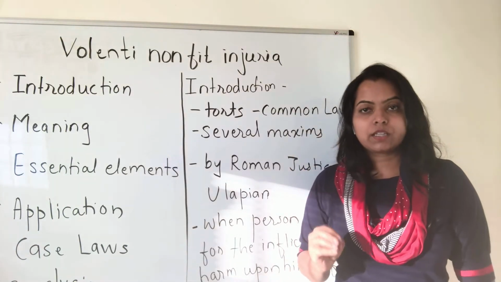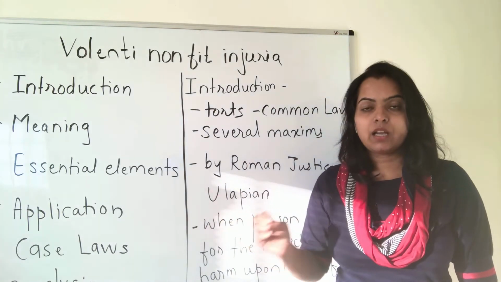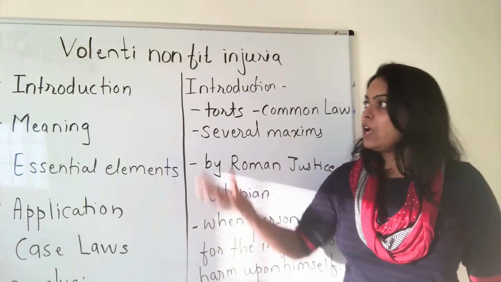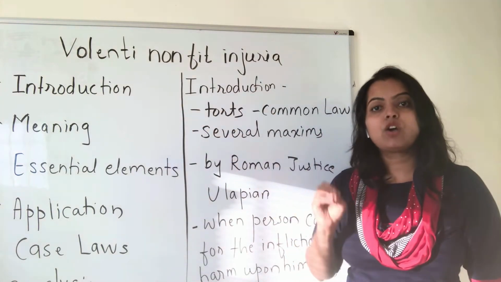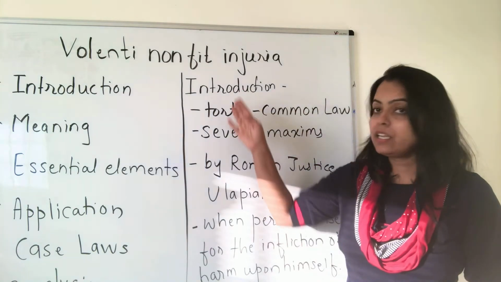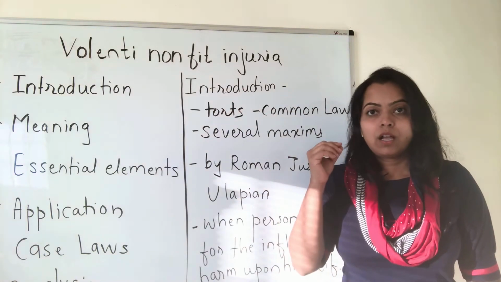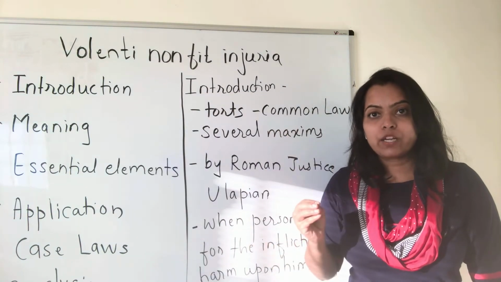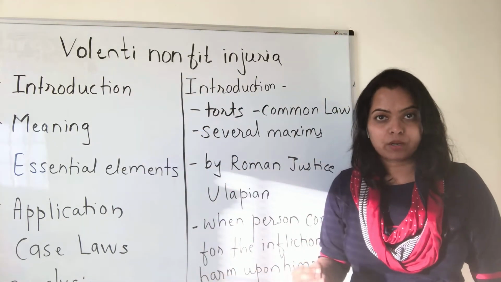In the law of torts, there are various maxims provided: damnum sine injuria, injuria sine damno, ubi jus ibi remedium, volenti non fit injuria. These maxims have a common law origin. So while writing the introduction, write everything which I'm talking about, okay? Listen to this lecture multiple times and try to provide your answer in the pattern provided, so you will score more, okay?